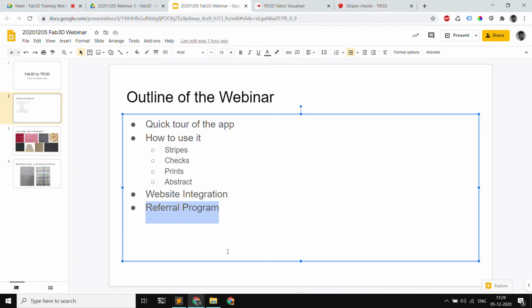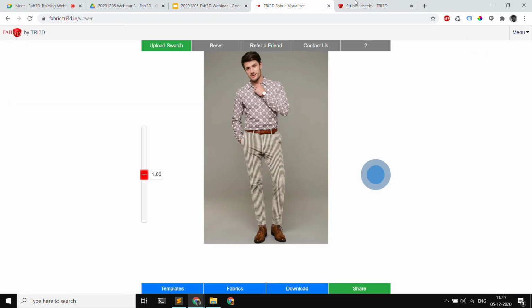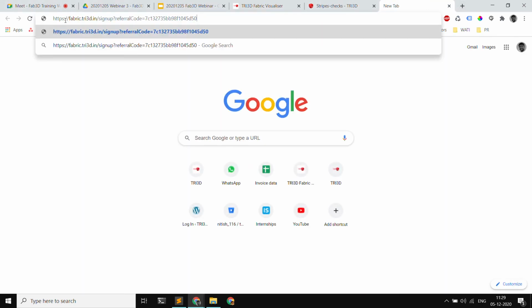The last one is the referral program. The referral program is basically for the benefit of our existing customers and the new customers who are going to get added. For example, if I click on refer a friend, I get a message saying the referral link is copied. This referral link I can share with my friends.